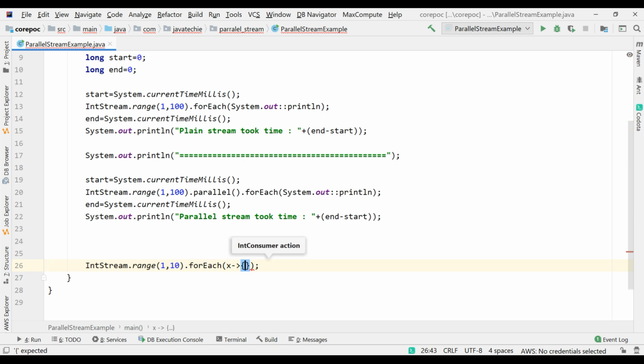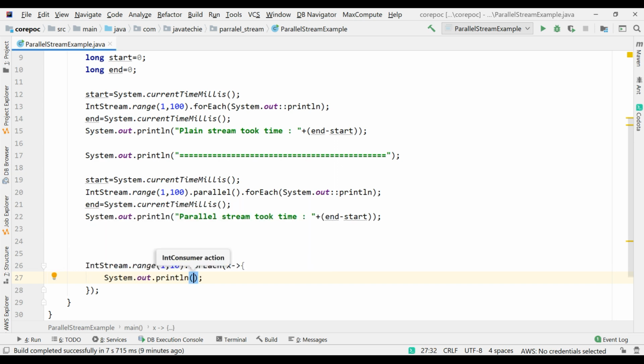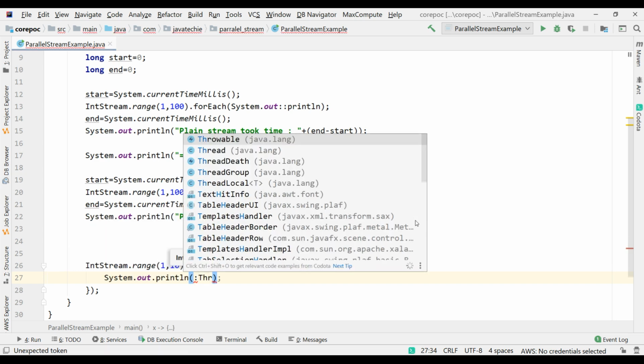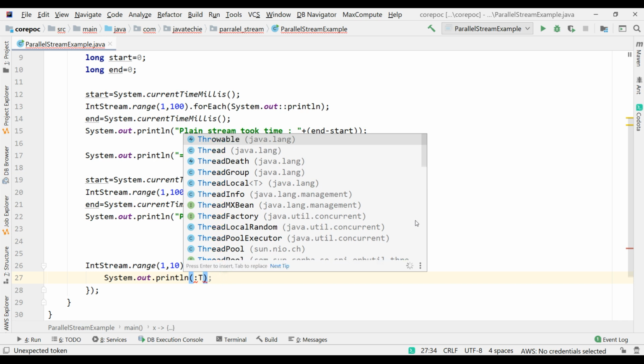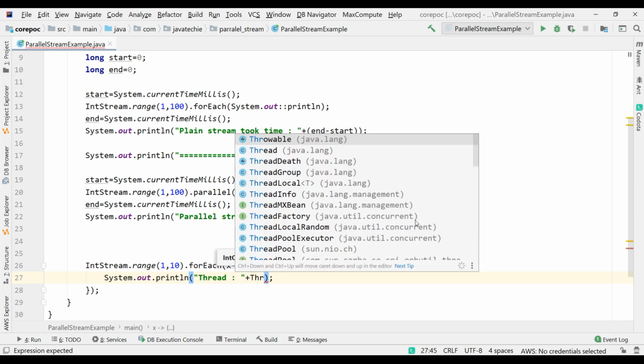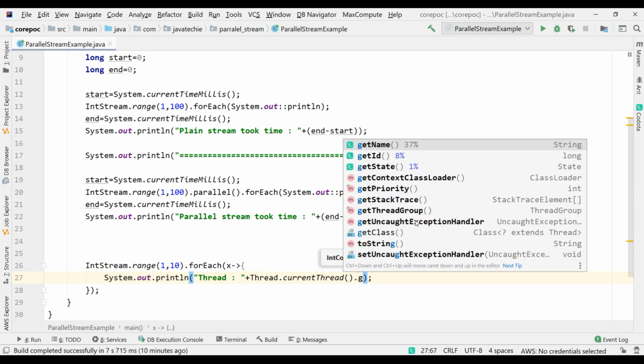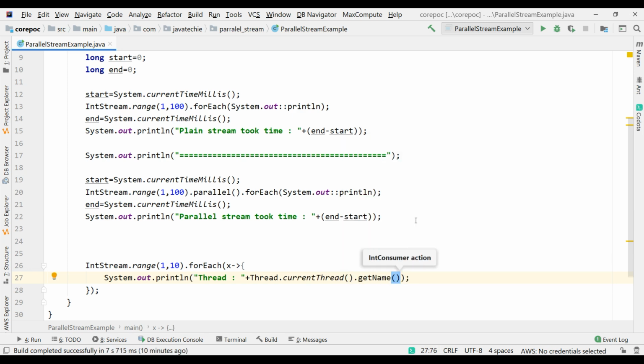I just want to print the thread name, System.out, just print the thread. Then add the thread name, Thread.currentThread().getName(). Just print the value. So the value is x.